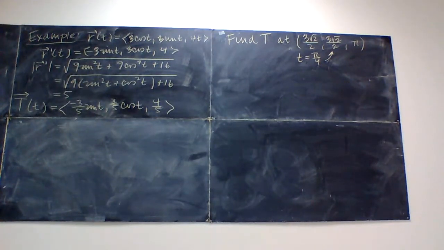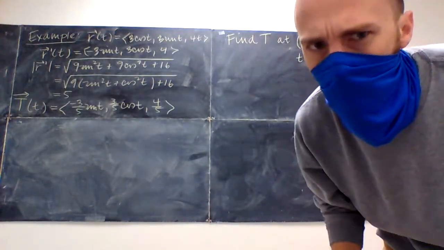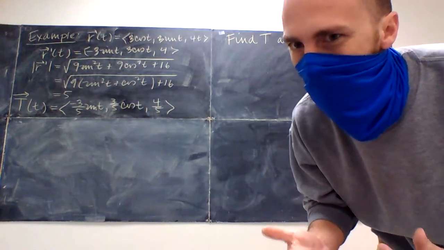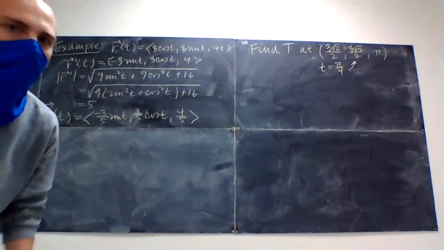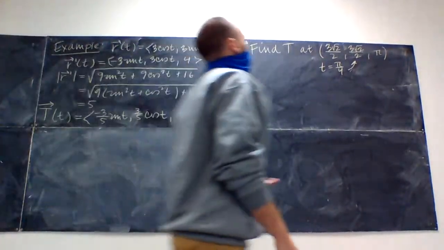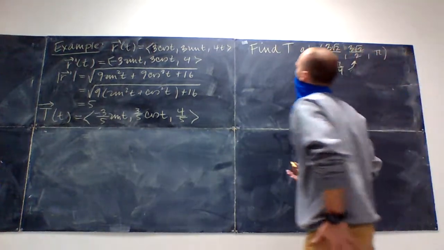I think now I'm going to need to show you why I would be interested in a unit tangent, or a function that has a constant length. Wait, no, I did not actually find the unit tangent at t equals pi over 4. Okay, so at t equals pi over 4,